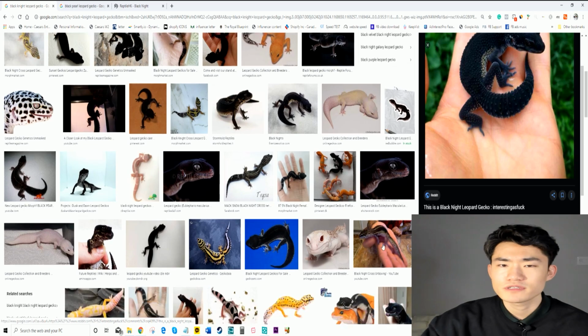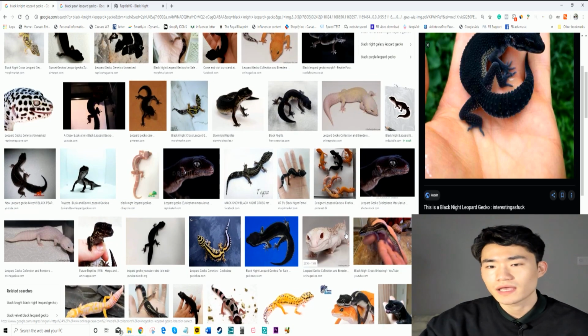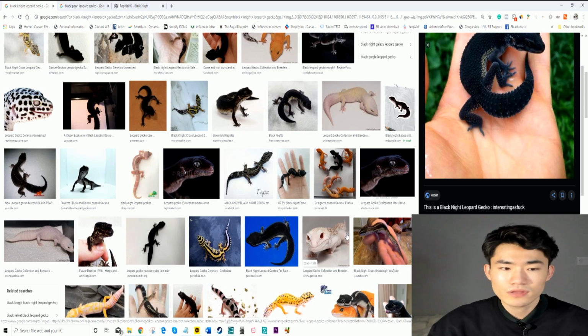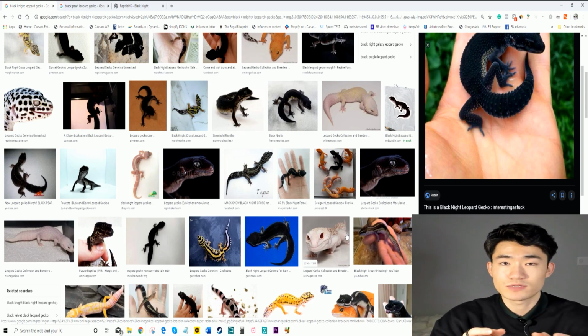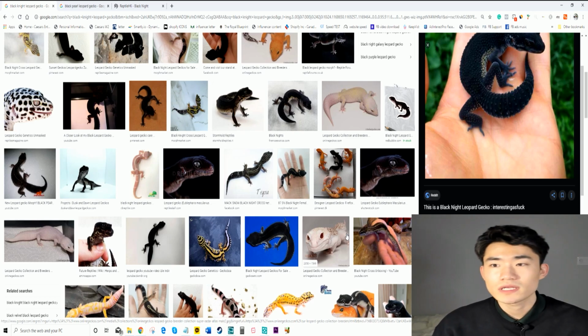Originally, they established this morph in the 2000s in the Netherlands, and they would just keep line breeding. Line breeding basically means they breed the similar ones together, and would breed the next one with the darkest one and the best one together for many years, and repeat that process for many years. And around 2014,